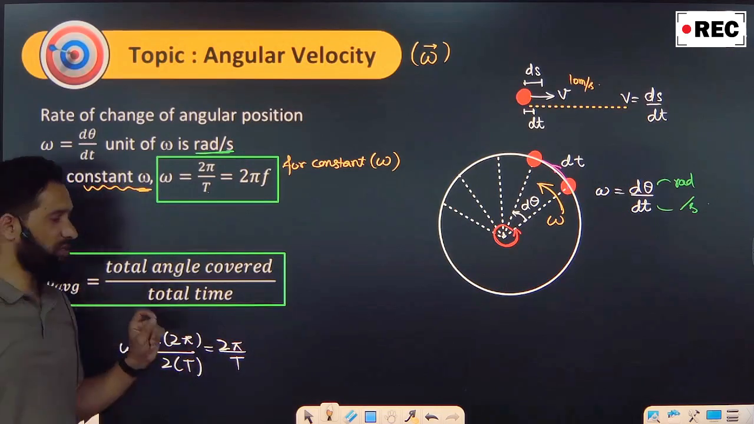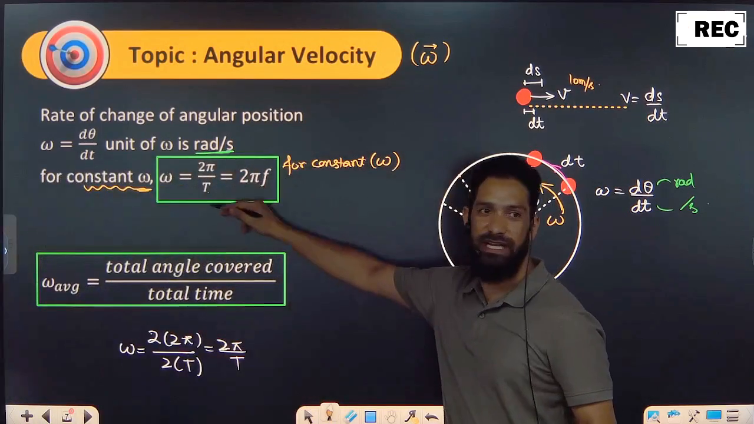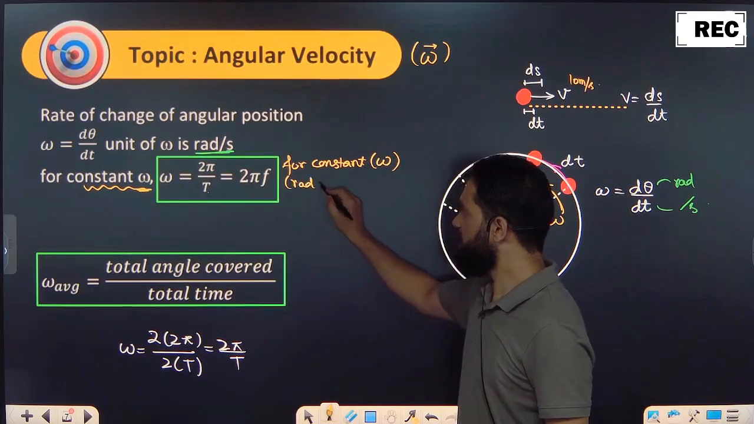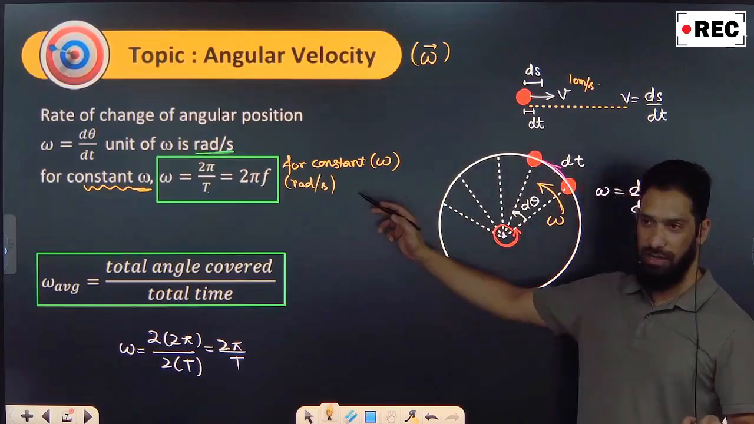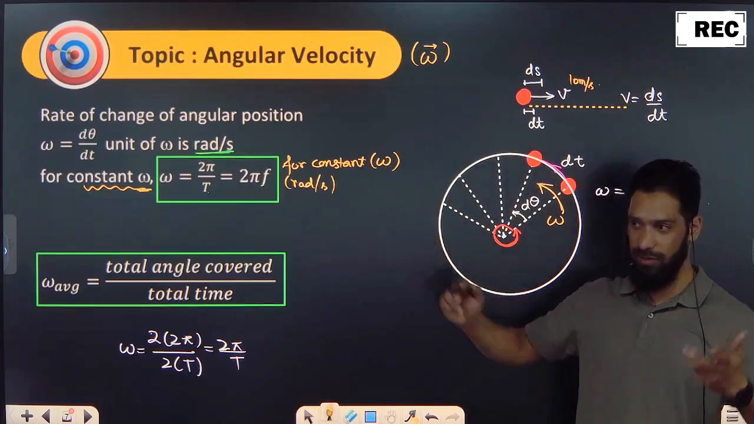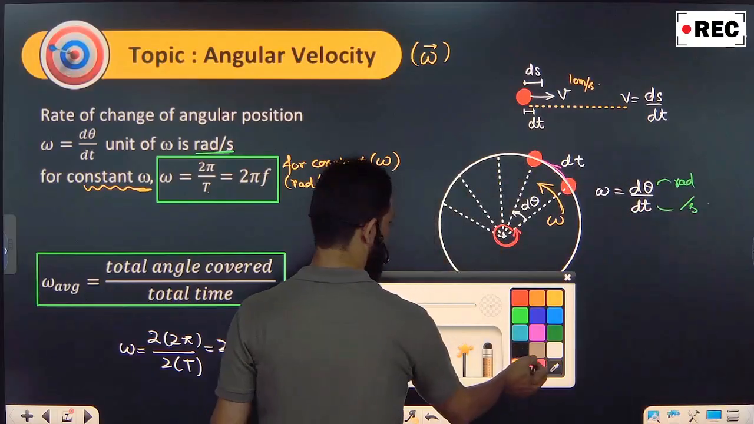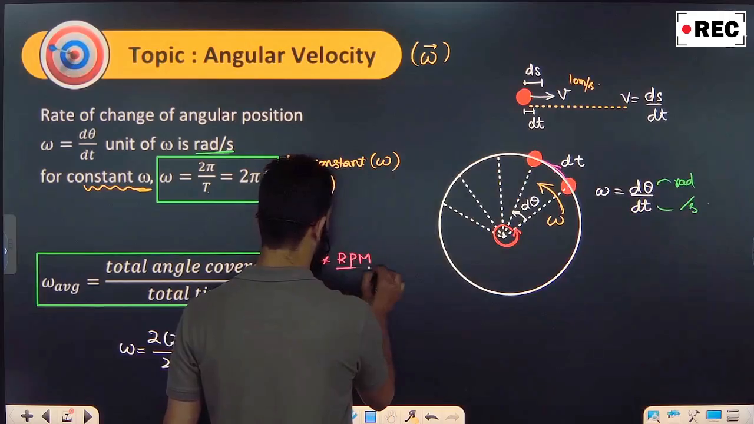Now there is one more term to introduce. So what should be the unit of it? 2 pi by T, radians per second. The unit is radians per second. But there is also one more way to introduce this omega, I mean to say this angular velocity, and that is called RPM. What is that called? RPM. We have something which is called RPM. We call it